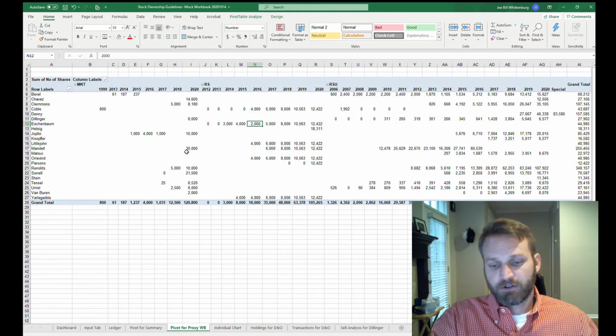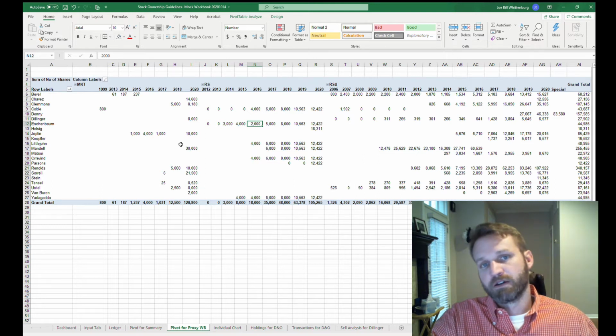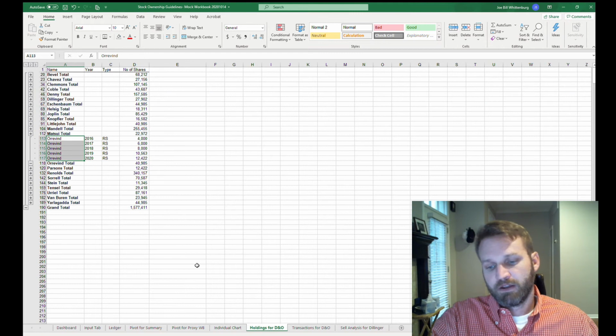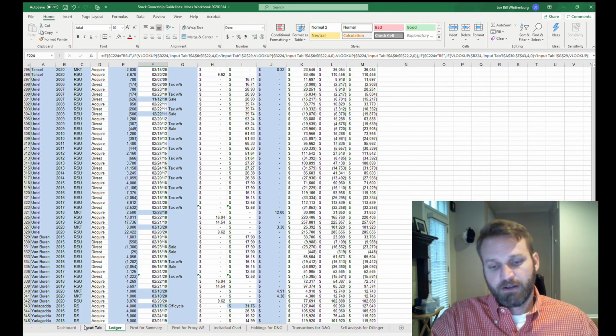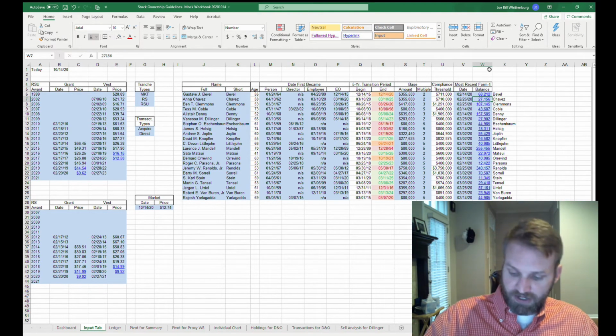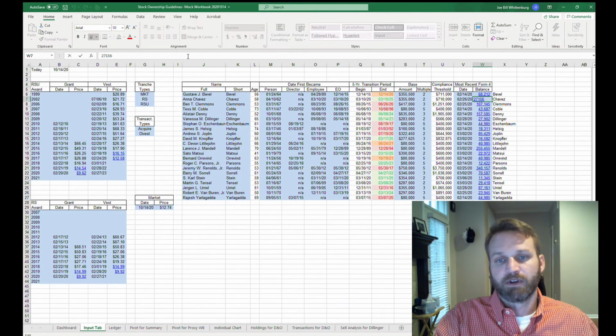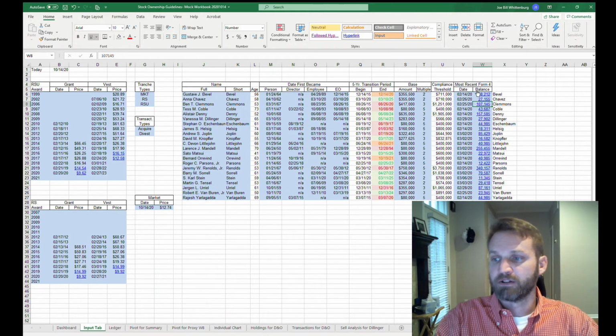Beyond fielding these calls, the data in your ledger should also be used to populate the ownership by management portion of your proxy workbook, the current holdings portion of your D&O questionnaires, and the current transactions portion of your D&O questionnaires. In addition to that, this workbook will ultimately become the final check of the Form 4s themselves before they are filed. By inputting the new totals from the new Form 4s here,